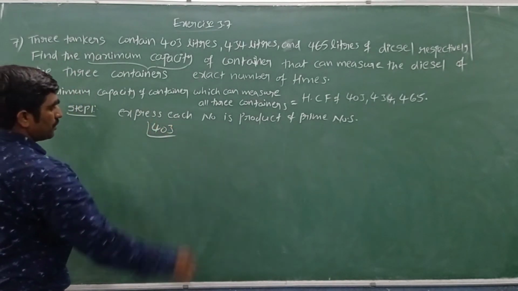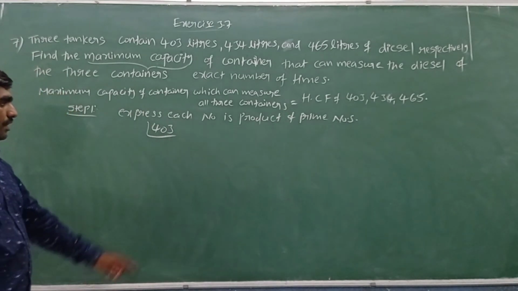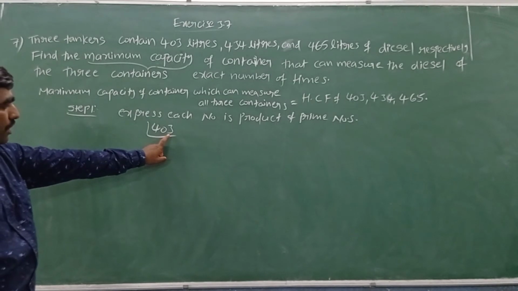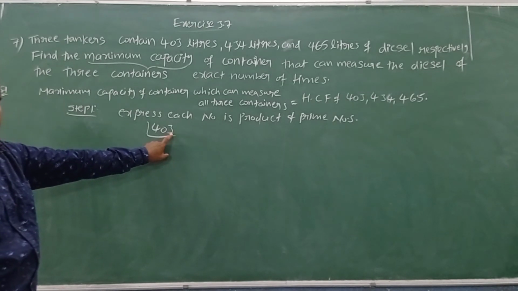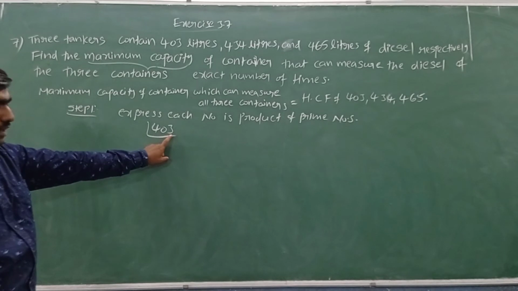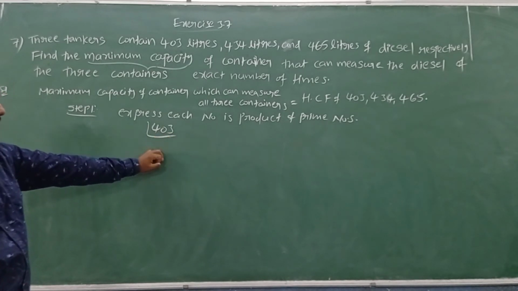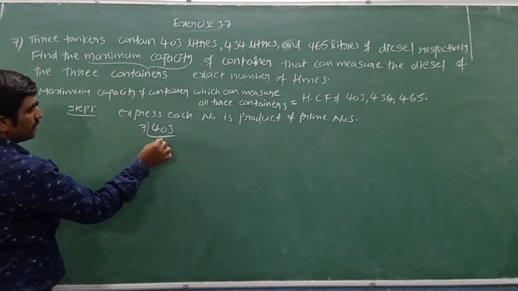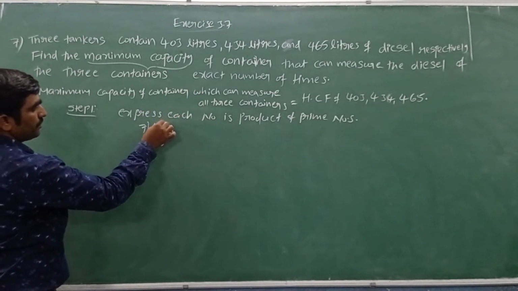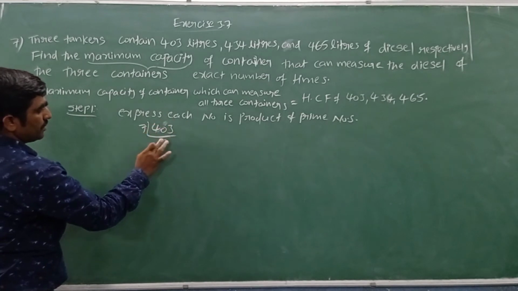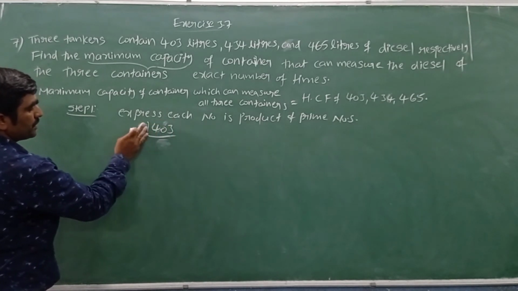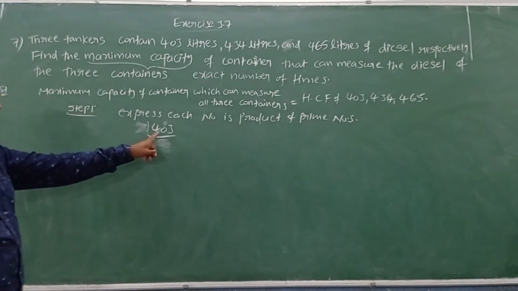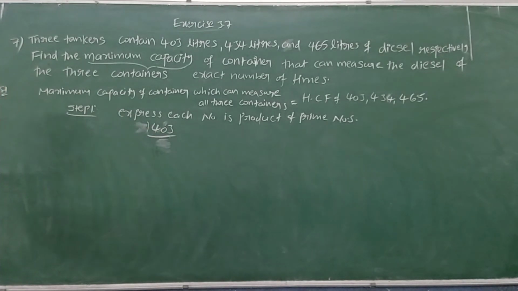Which prime number goes into 403? 2 table not possible. 3 table, 4 plus 3 is 7, not possible. 5 table: the divisibility of 5 is that the last digit must be 0 or 5. Here it is 3, so 5 table not possible. Then the prime number, 7. Let's check the 7 table. 7 5s are 35, 5 left, 53. Yes, even the 7 table is not possible. Then the prime number is 11. 11 3s are 33, 7 3 no use. Next prime number is 13.